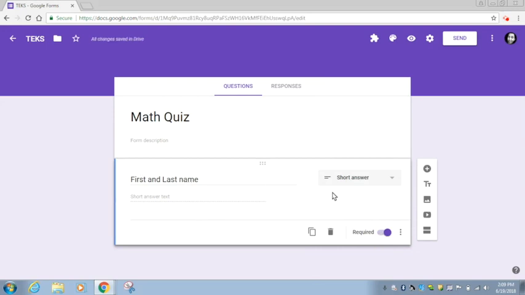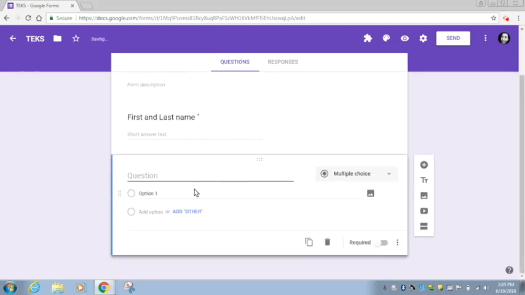All right. You'll notice here on the side, there's a plus sign. That's where we can add a new question, add a title, add an image, add a video, and add a section. You'll notice right here is to delete and to duplicate this section that you're currently working on. All right. So I'm going to add a new one here. Let's add a new question. And this one, if you're departmentalized, this one's really helpful. So I just put here